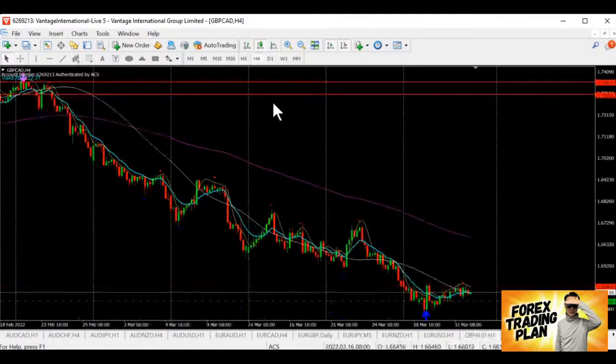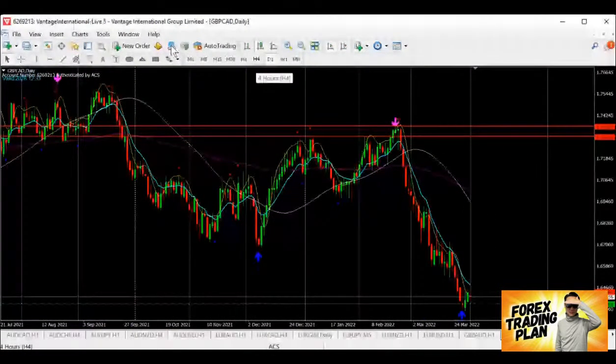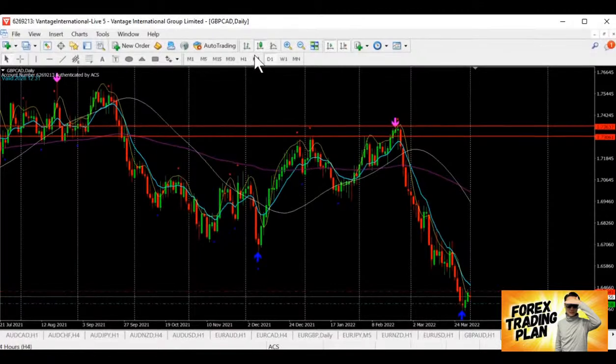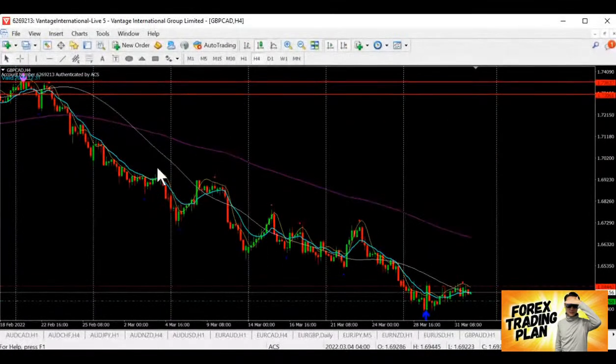Okay, Pound CAD. Let's see Pound CAD. Right, Pound CAD over here. We are now looking at this round as a selling, it is in the bear. So after the retracement, it is coming back for a selling again today. It's just the beginning. So let's see where is the resistance that I'm looking out for.